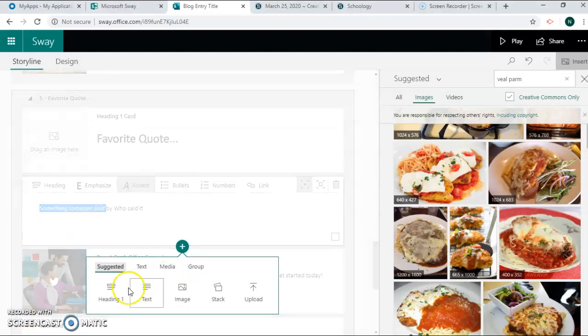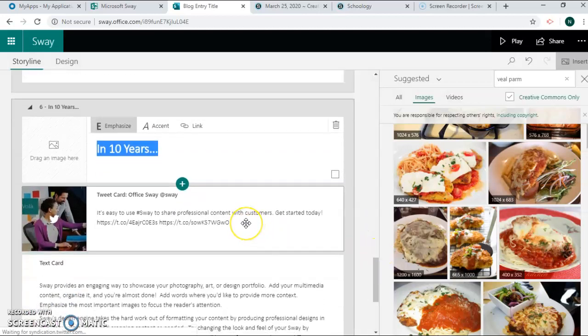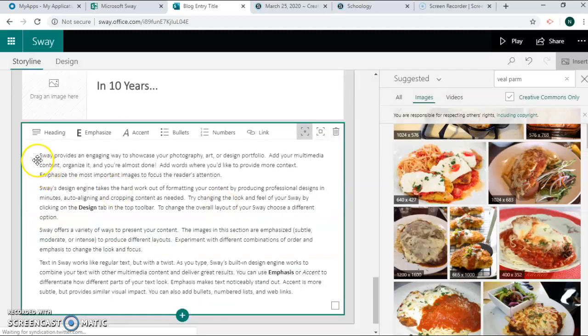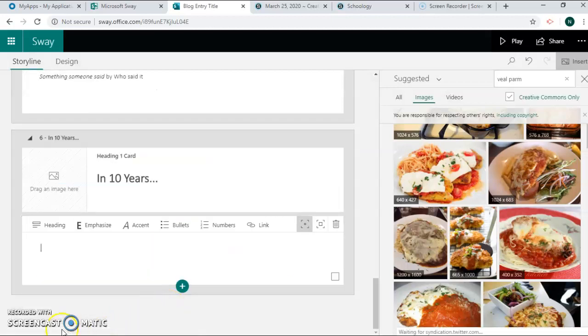We're going to add our final heading, which is in 10 years. Once again, we're going to emphasize this. I'm going to scroll down a little bit. We're going to delete this tweet card. We don't need that. And then in the next text card, go ahead and delete all the text that's in there. And we're going to finish this sentence. In 10 years, I see myself